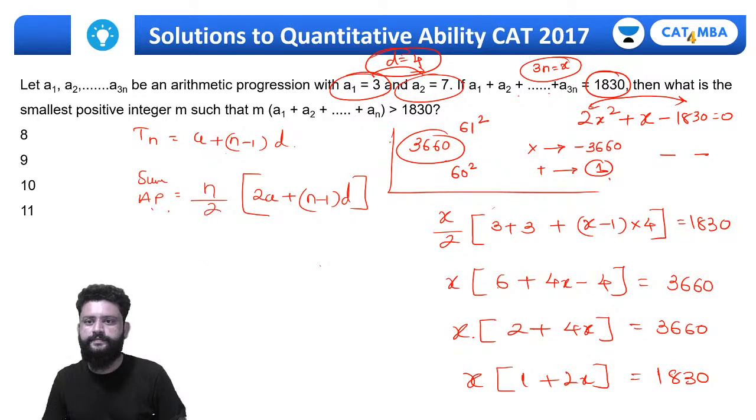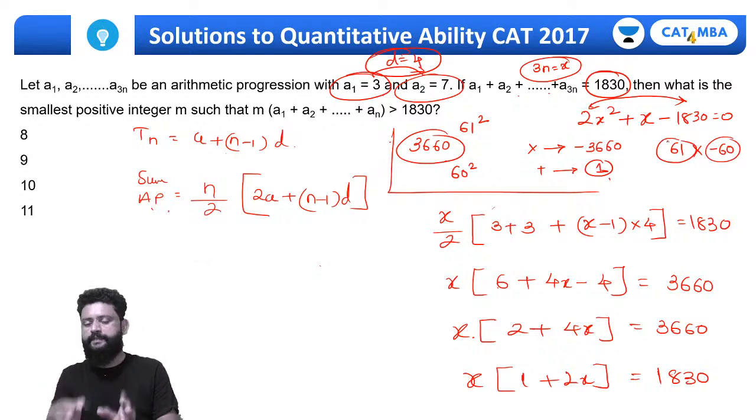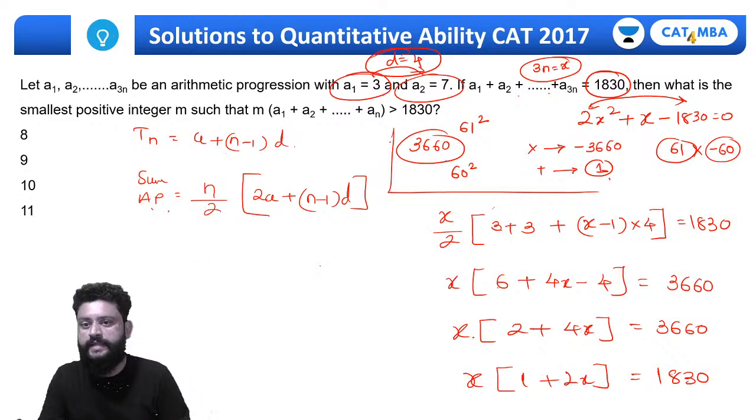Are you getting that? Yes, so that is the only thing. So one number will be 61 and one number will be minus 60. If it is a product of consecutive numbers, then it will come between those two squares. That's the trick. Okay, so this is the way you can try for that. So the value of x will be,